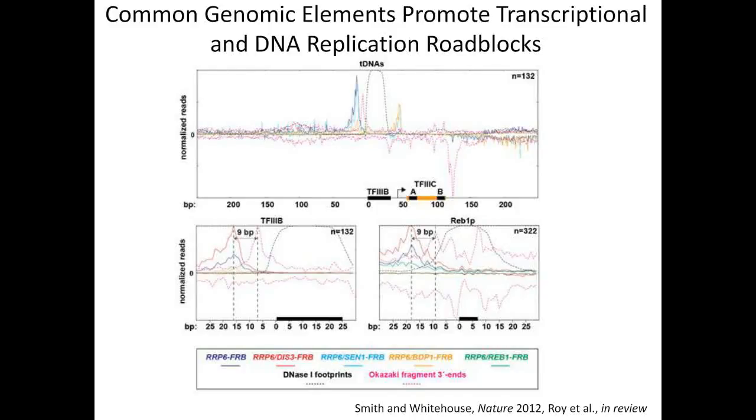And so what we also noticed was that the same DNA binding proteins that were blocking RNA polymerase were previously shown to block DNA polymerase. And so it suggested that these DNA binding proteins had some sort of special ability that controlled both DNA and RNA synthesis. And so we processed the previously mapped DNA 3' end data, and DNA replication occurs in two directions